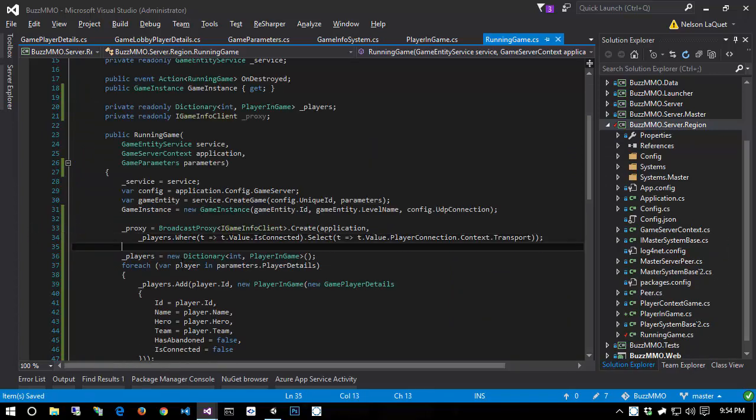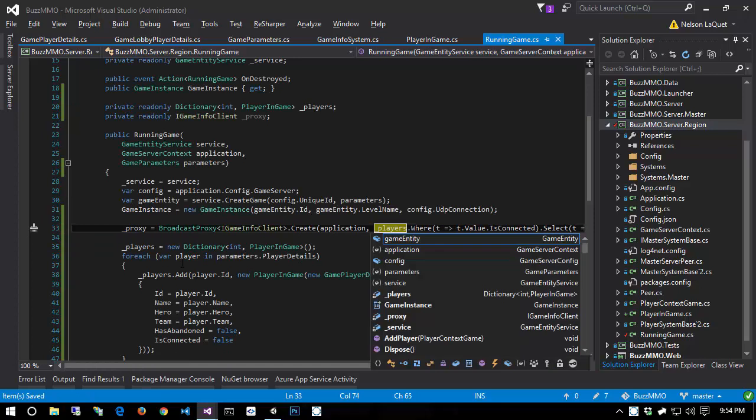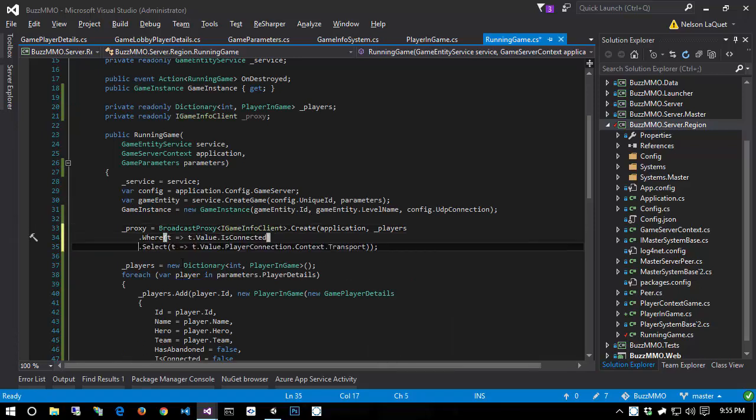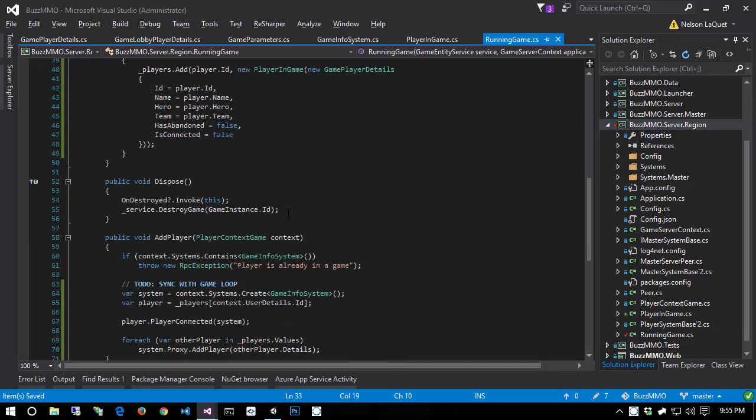So with this code, every time we invoke a method on this proxy, it's going to check for all the players that are currently connected, and then it's going to broadcast that event to each one of their individual transports. So again, we can invoke a method on this proxy, and it'll broadcast to everybody who's currently connected, which is what we want. So with that, we can come down here to add player,